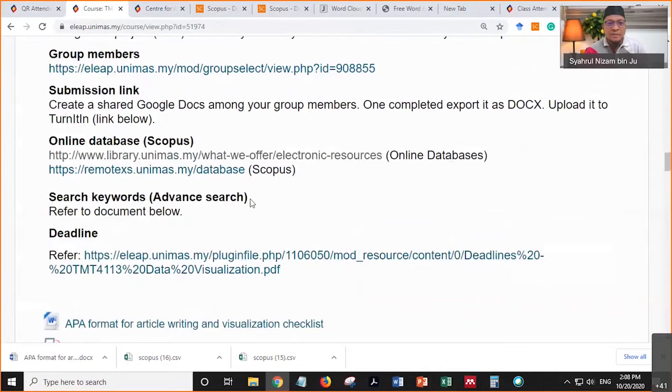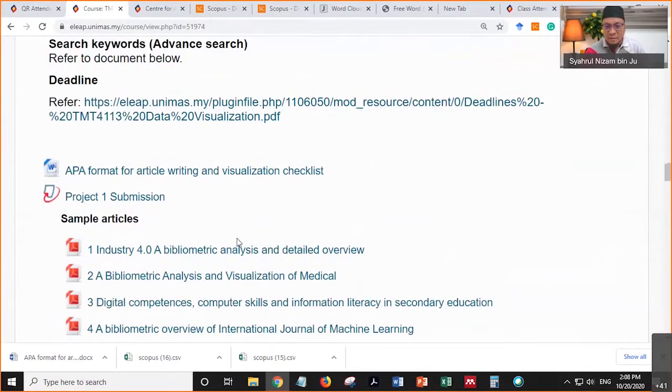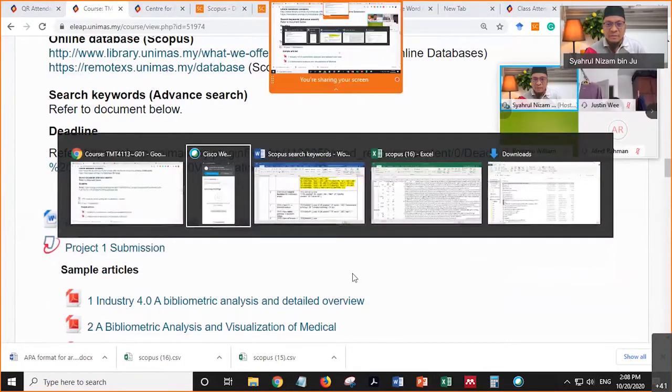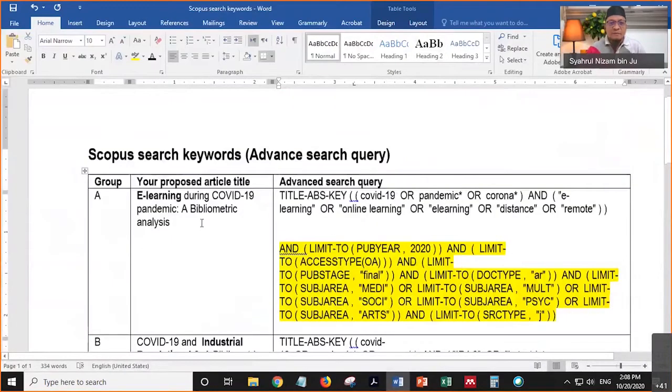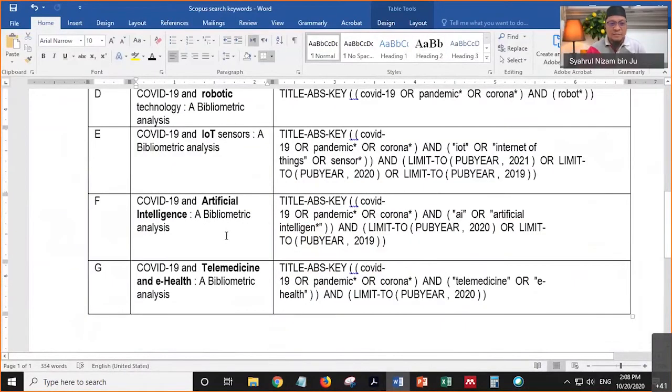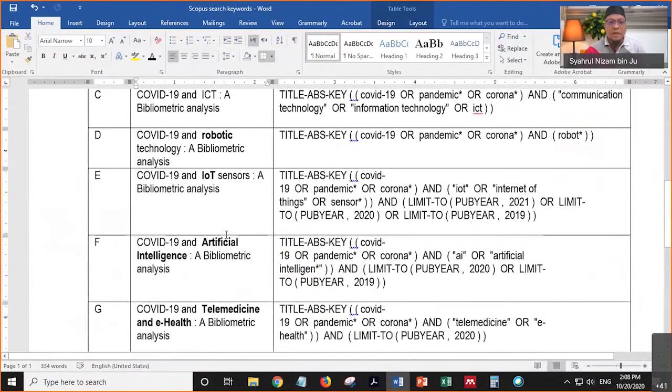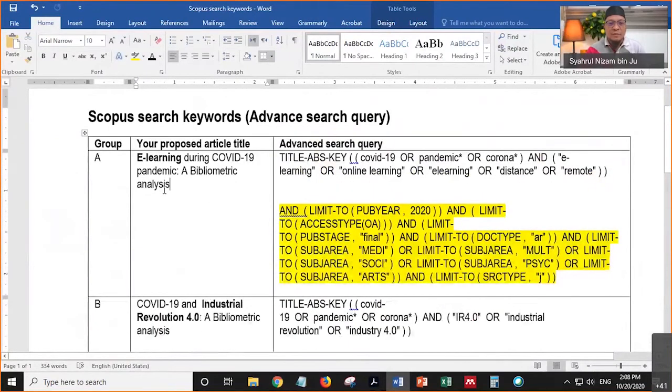Next, search keyword, advanced search, refer to the document below. This is the document, I'll upload it later on. Okay, so I've divided you into 7 groups. Each group is going to focus on one particular issue